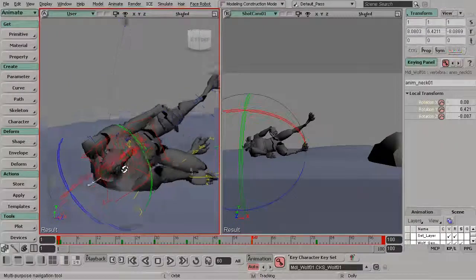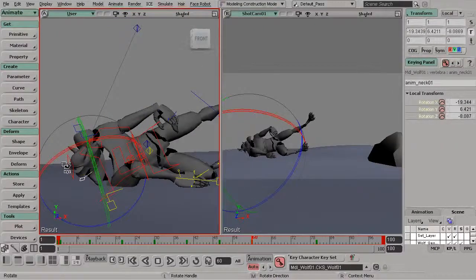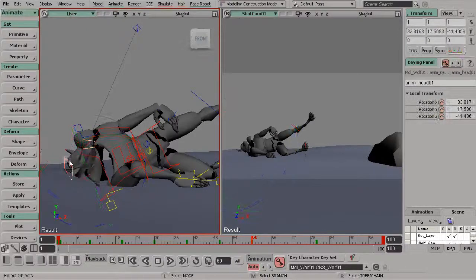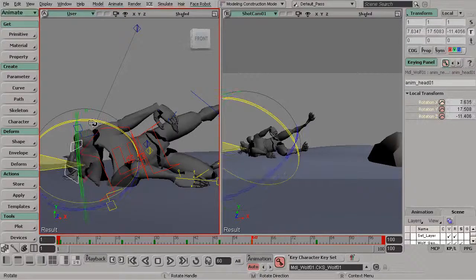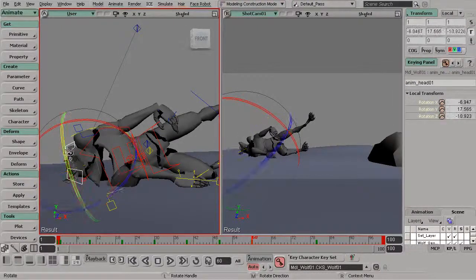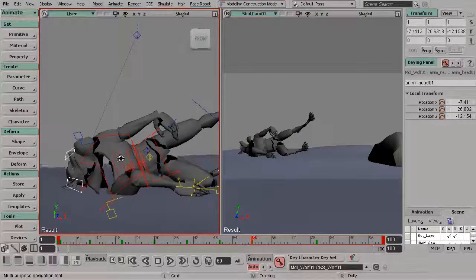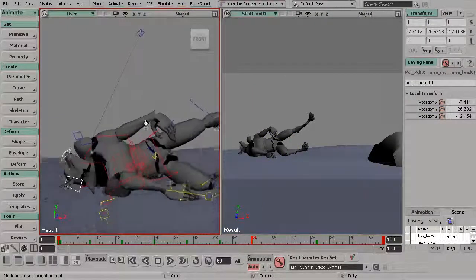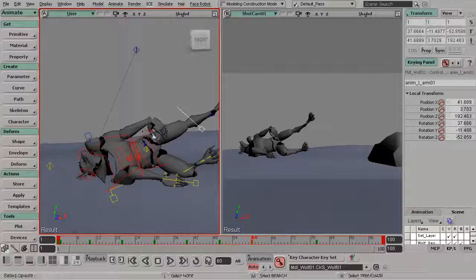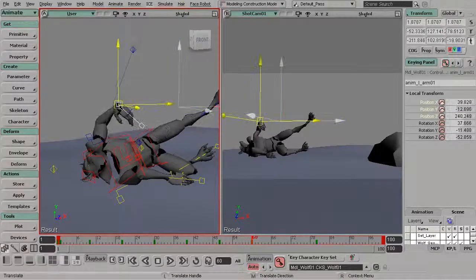And now we can take the neck control, rotate that back. Thinking about follow through and overlap here. Want the head to be thrown back a bit. All right, great. So from there, we can go ahead and take the left arm and throw that back behind